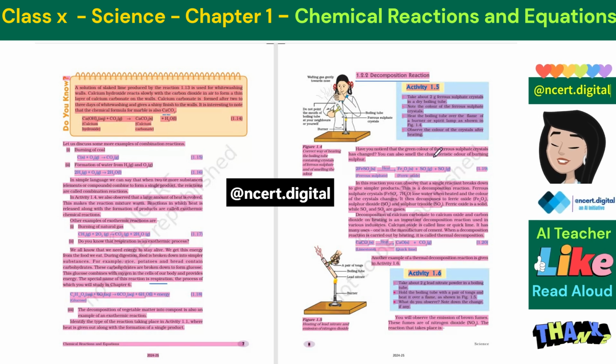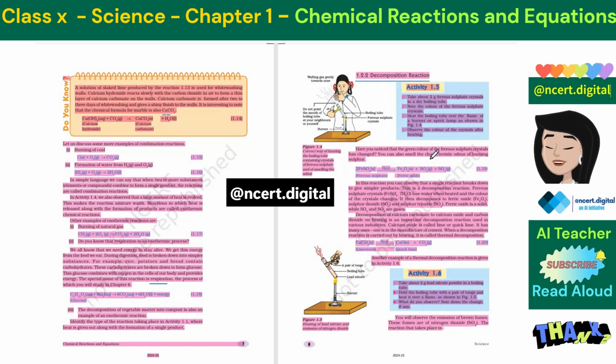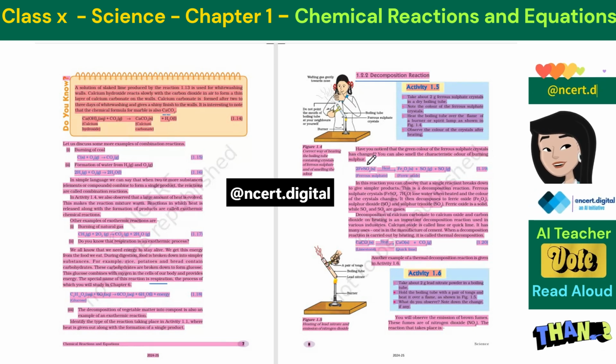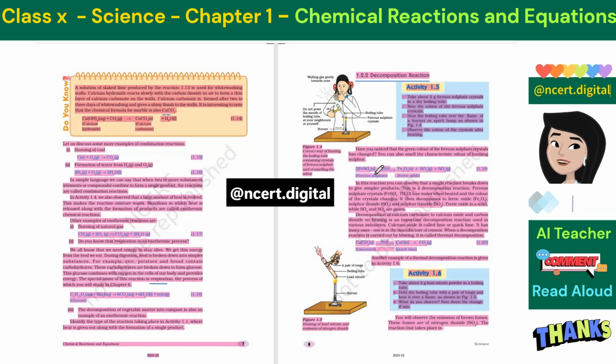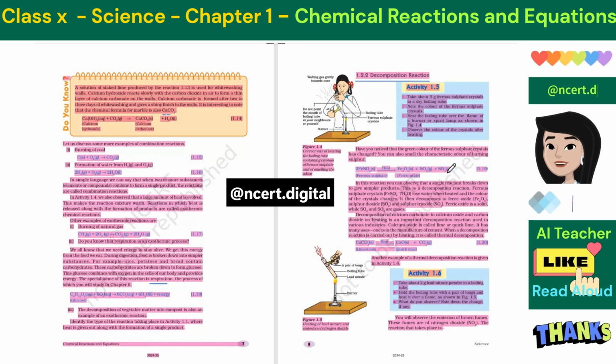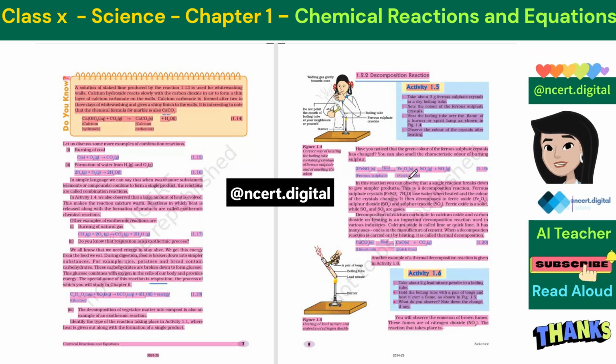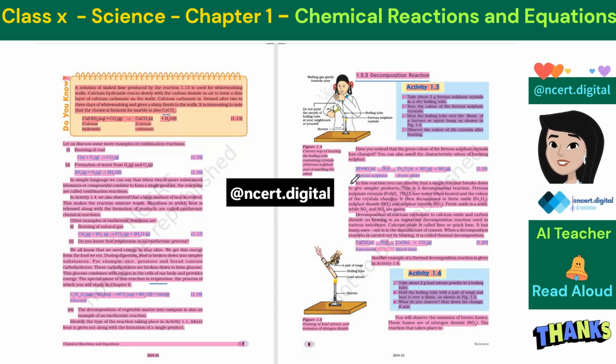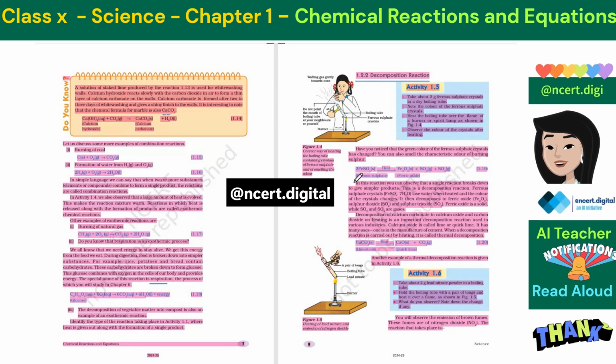Have you noticed that the green color of the ferrous sulfate crystals has changed? You can also smell the characteristic odor of burning sulfur. 2 FeSO4 (s), heat, Fe2O3 (s) + SO2 (g) + SO3 (g). Ferric oxide. (1.19)